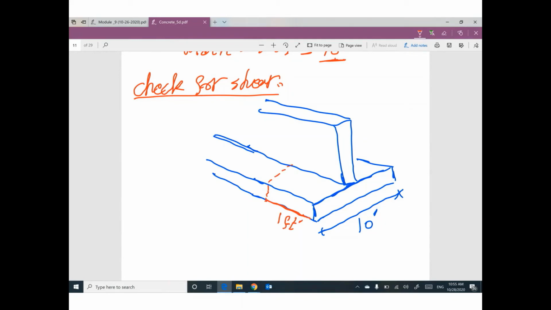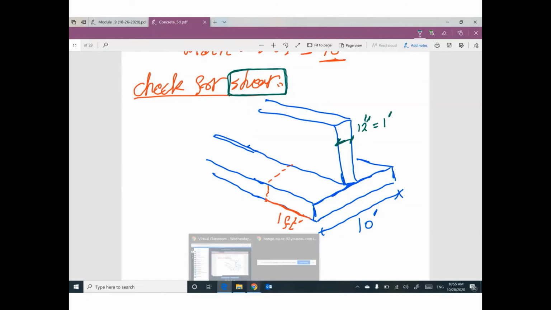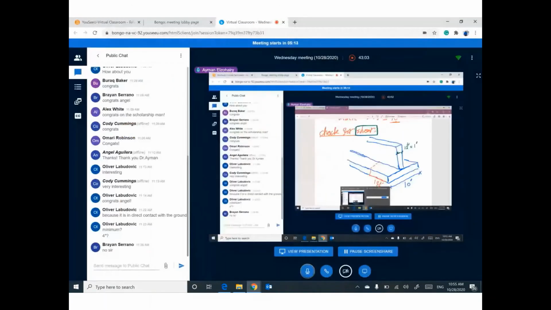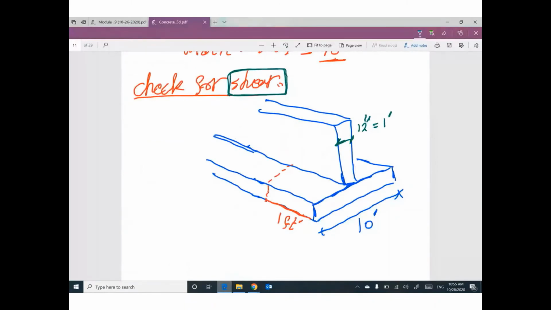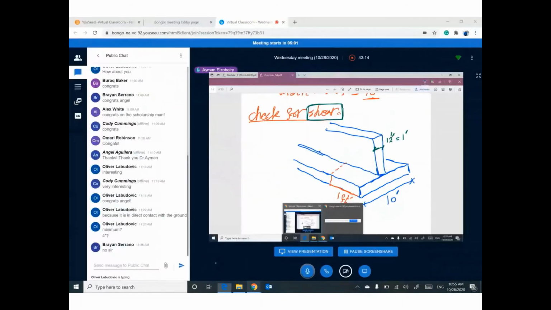The critical section for shear, can anybody remind me where it is? Do you remember where? By the way, the thickness of the wall is 12 inch, which is 1 feet. So guys, do you remember where the critical section for shear is? This information is very important. You have to keep it in your mind. Where is the critical section for shear at